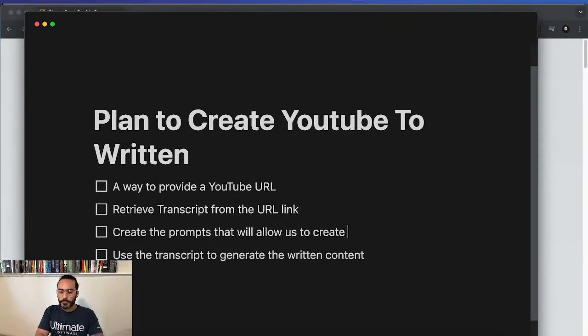to create the content. So my idea is to allow the user to provide a YouTube URL. Then from there, we're going to retrieve the transcript. We're going to use that transcript and pass it into the OpenAI APIs. Think of ChatGPT, GPT-4, GPT 3.5. It doesn't really matter right now. We're going to pass it to an LLM